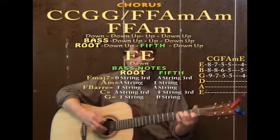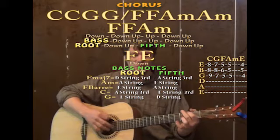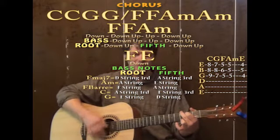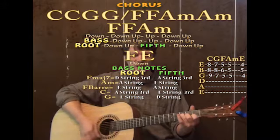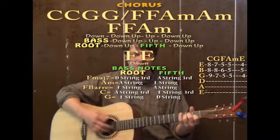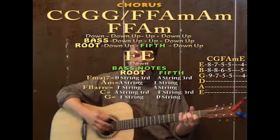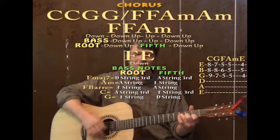So we'd have C with an A bass, down, up, down, C with an A bass, down, down, G with low E bass, down, down, G with low E bass, down, down, F with the bass, down, down, F with the bass, down, down, A with the A bass, down, down, A with the A bass, down, down, F with the bass, down, down, F with the bass, down,